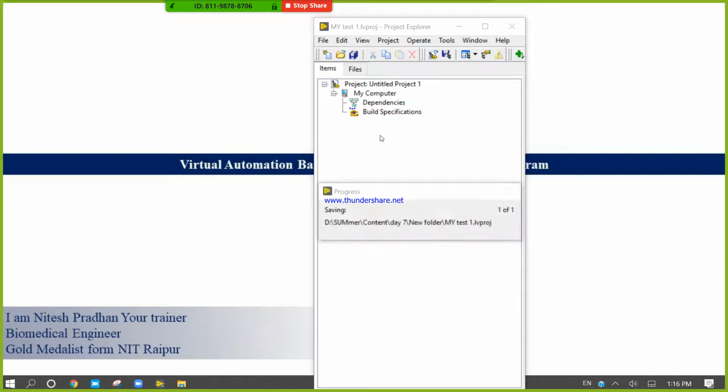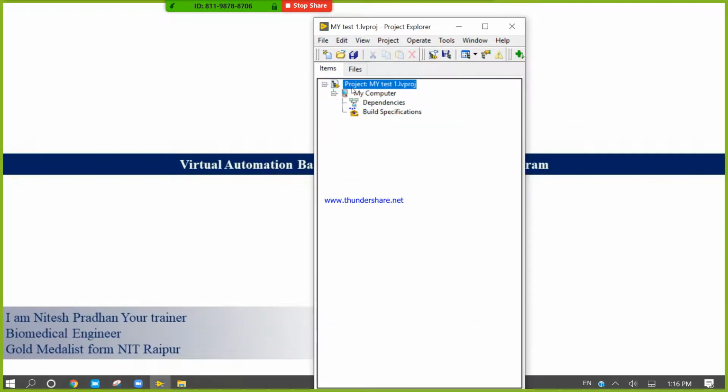Save. Now you can see the name of the project is my test.lvproj. Okay, so now this is present in my hard disk. So it has one real path in my real system. Now it is a project, so you cannot design anything, you cannot open any kind of